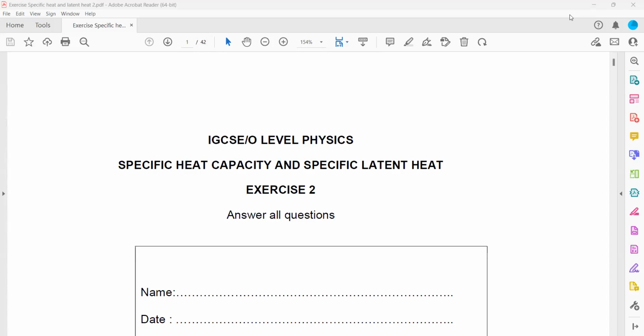Like some questions, there's a change in temperature, so energy E is equal to c m delta T. This formula is valid if they mention there is a change in temperature. To calculate the heat energy, if there is a change in state, like a solid turning into a liquid, turning into a gas, then energy is mass times latent heat,